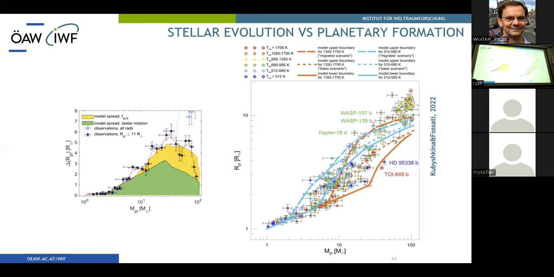And do we need to focus on one or another when we analyze the present day populations as we see it? And here are the red lines for hot planets, for the hottest planets in our sample, the blue lines for nearly the coolest ones. And you can see that our model predictions on the radius spread outline the observed population quite well, except